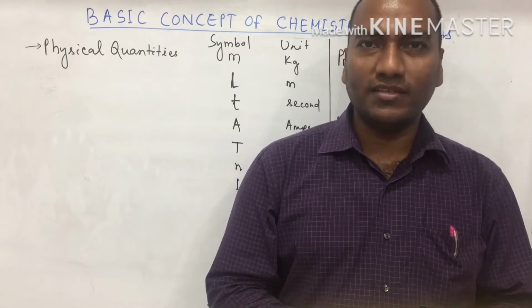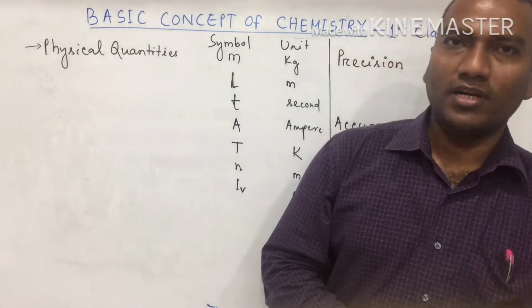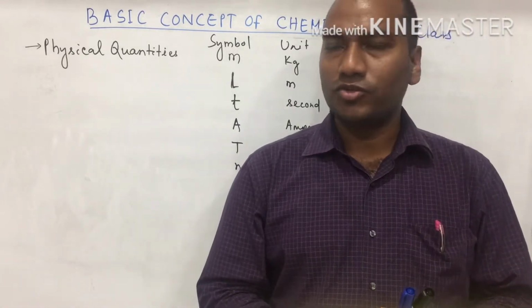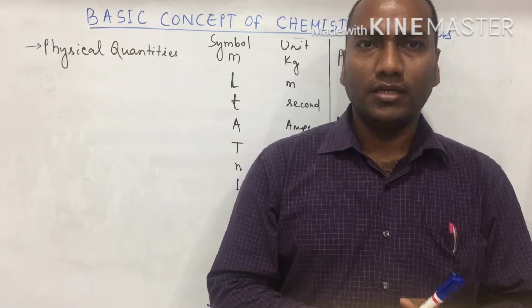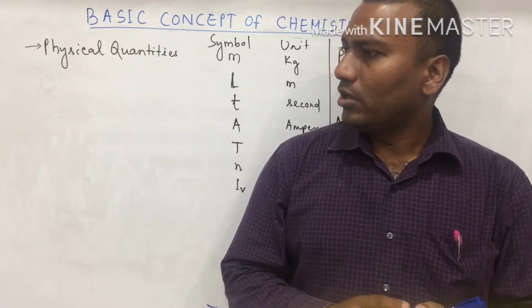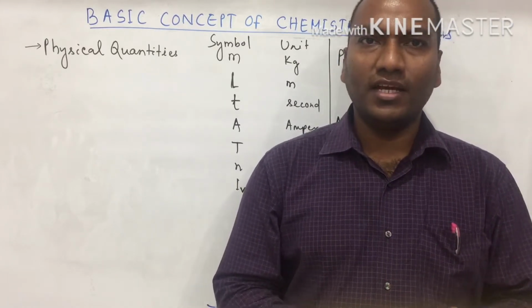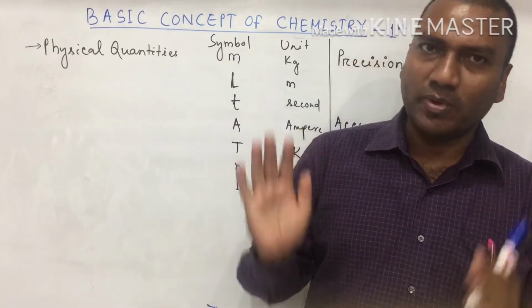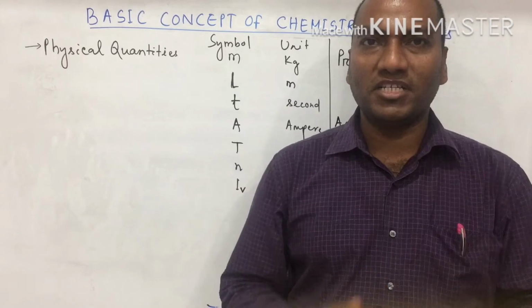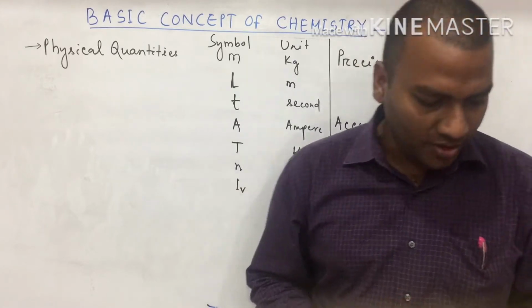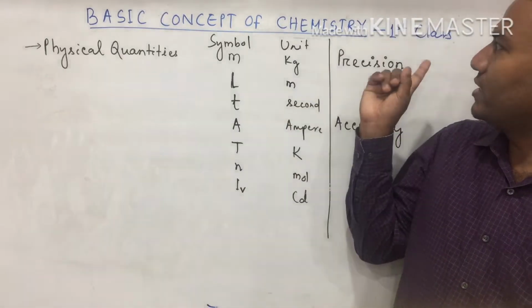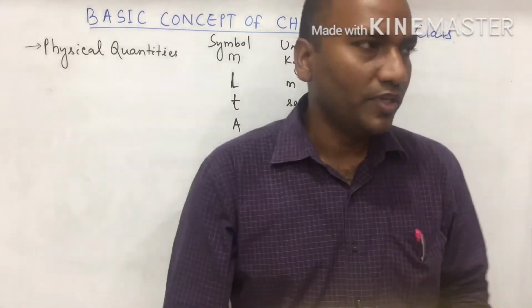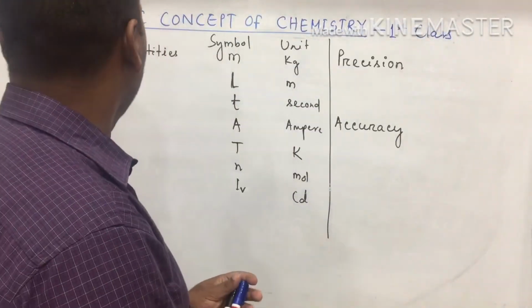Similarly, in 12th class there are also two books, part 1 and part 2. In our book 1 of class 11, only the physical chemistry part is there, and only two chapters are inorganic chemistry. Our first chapter is physical chemistry, and the name of the chapter is Basic Concepts of Chemistry. So in this class, what will we read?